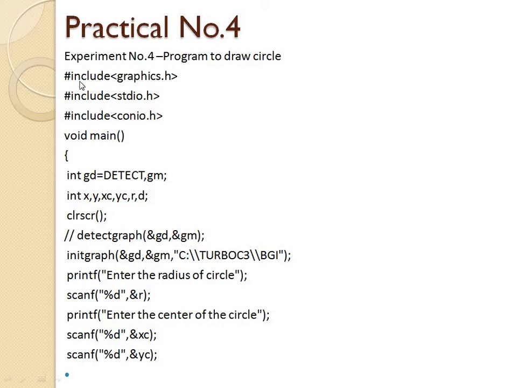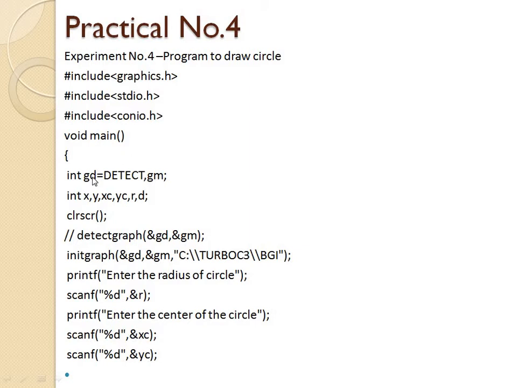First of all we include the header files: graphics.h, standard input output, stdio.h, and console input output, conio.h. After that we use the main function, void main.